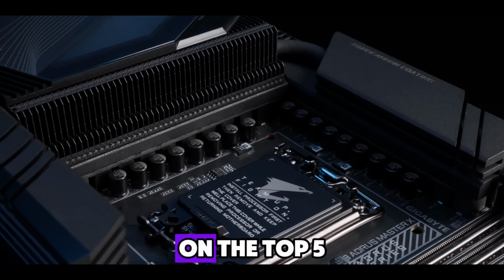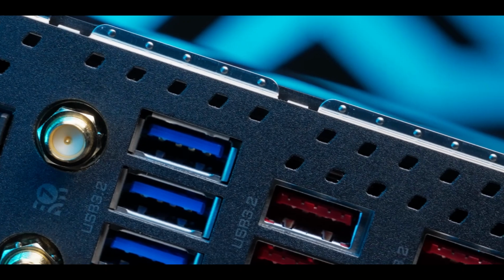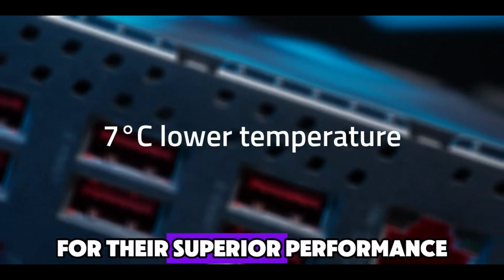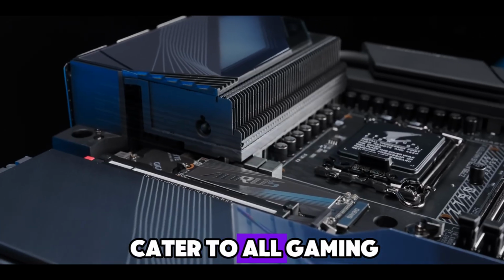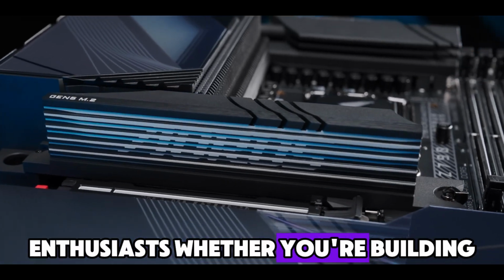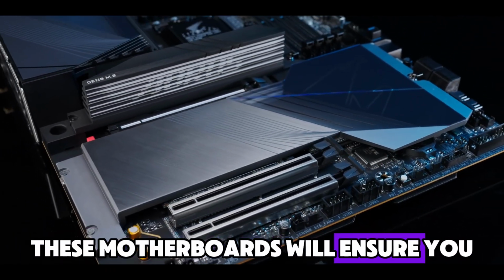Welcome to our video on the top 5 best gaming motherboards in 2024. We've handpicked these motherboards for their superior performance, reliability, and advanced features that cater to all gaming enthusiasts. Whether you're building a new rig or upgrading your current setup, these motherboards will ensure you get the most out